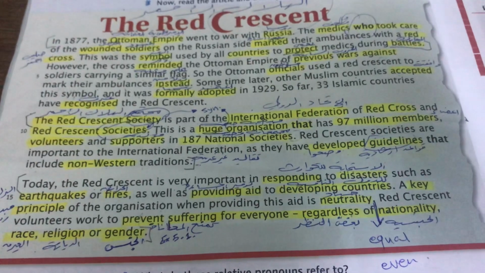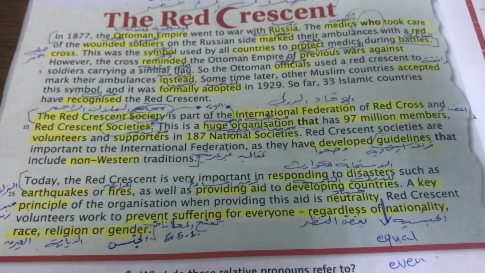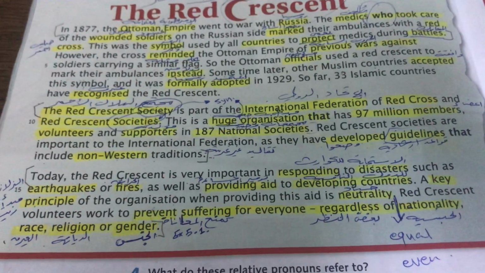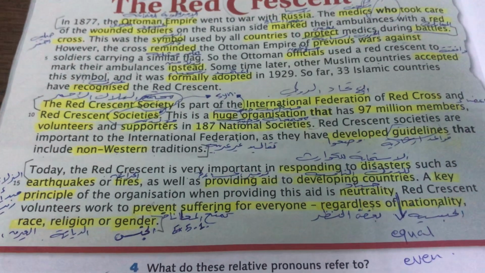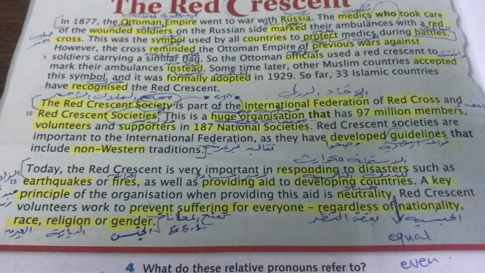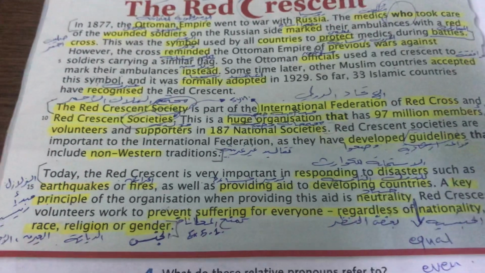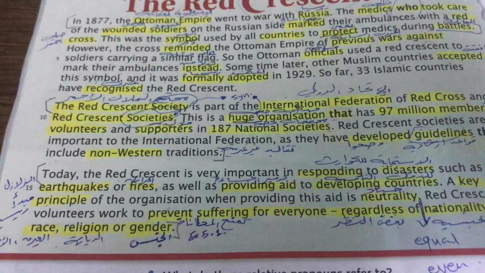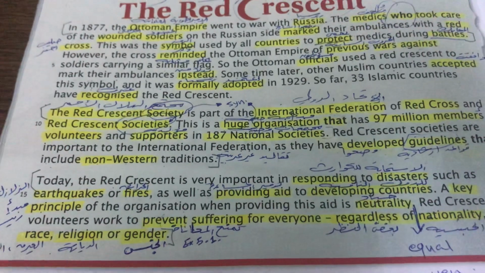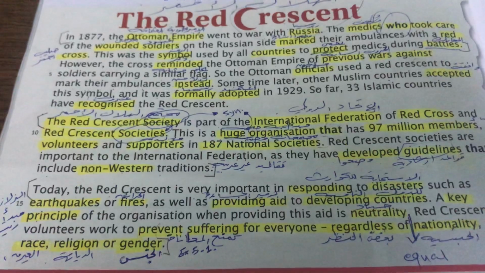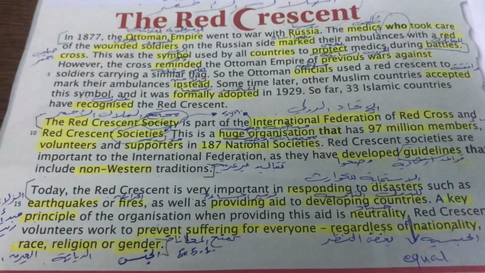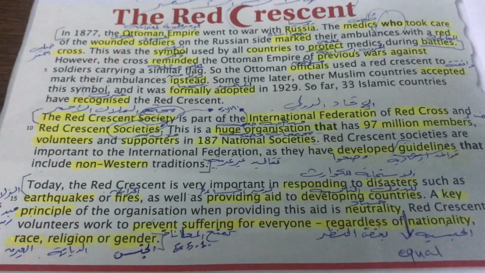Today, the Red Crescent is very important. هلا في أيامنا الحالية الهلال الأحمر كثير مهم للاستجابة للكوارث اللي بتصير such as earthquakes اللي هي الزلازل or fires، الحرائق. وكمان هي مهمة as providing aid اللي توفير المساعدة to developing countries للدول النامية دول العالم الثالث اللي هي